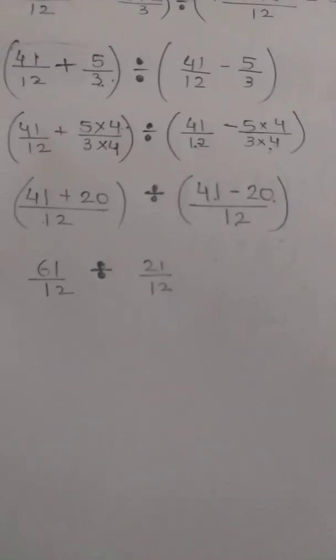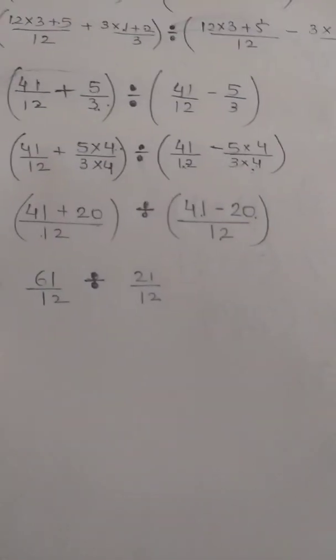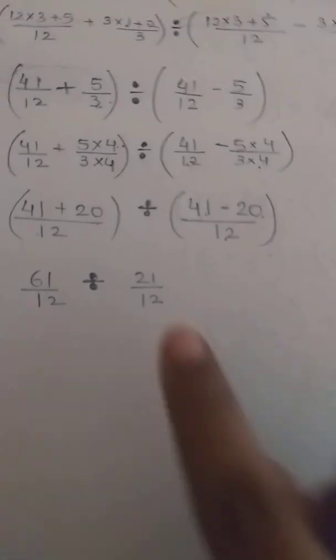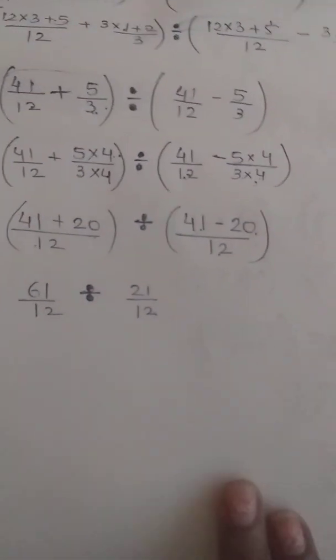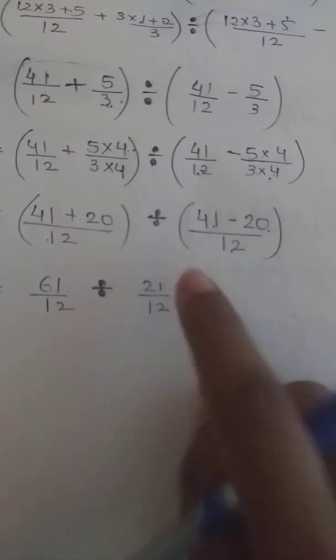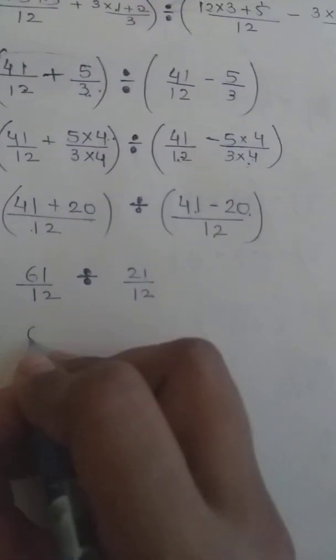Now in this case, 61 by 12 divided by 21 by 12. So whenever there is a division we have to use the multiplicative inverse, that is, reciprocate the number. So 61 by